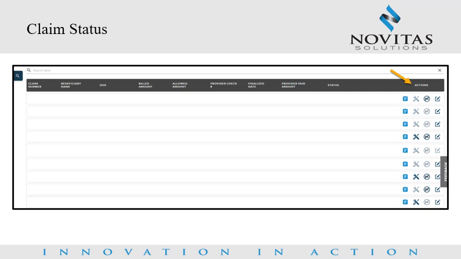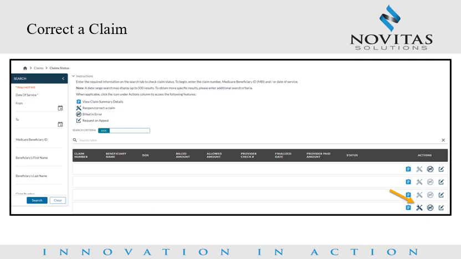Claim status. Shown here is the claim status screen. It is from here the provider will have access to perform certain actions on a particular claim. This is a new way to view claim details and perform other functions under the Actions column. Correct a claim. One of the functions under the Actions column is specific for Part B providers. They can request claim corrections using the Claim Correction feature or Claim Status feature. From the Claim Status screen, they would just select the Claim Reopening Correction icon from the Actions column and follow the prompts to perform the necessary corrections.